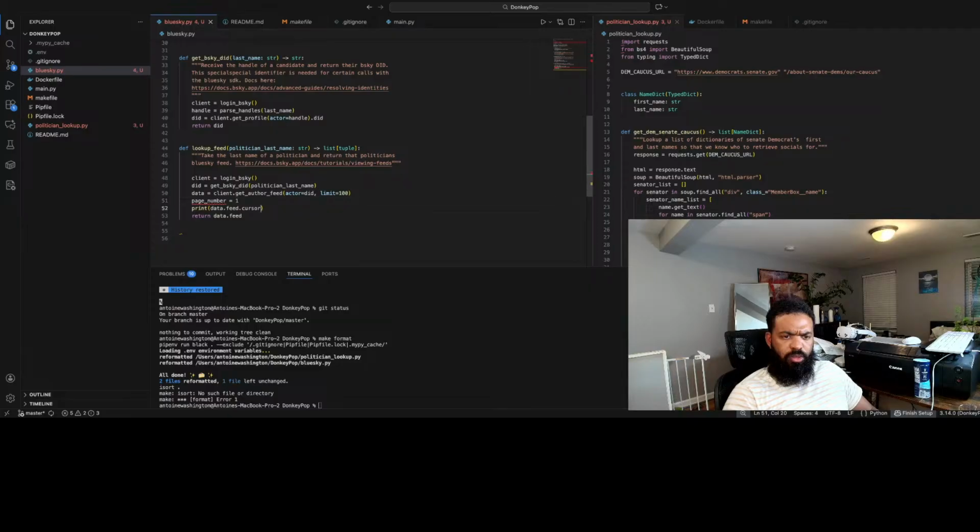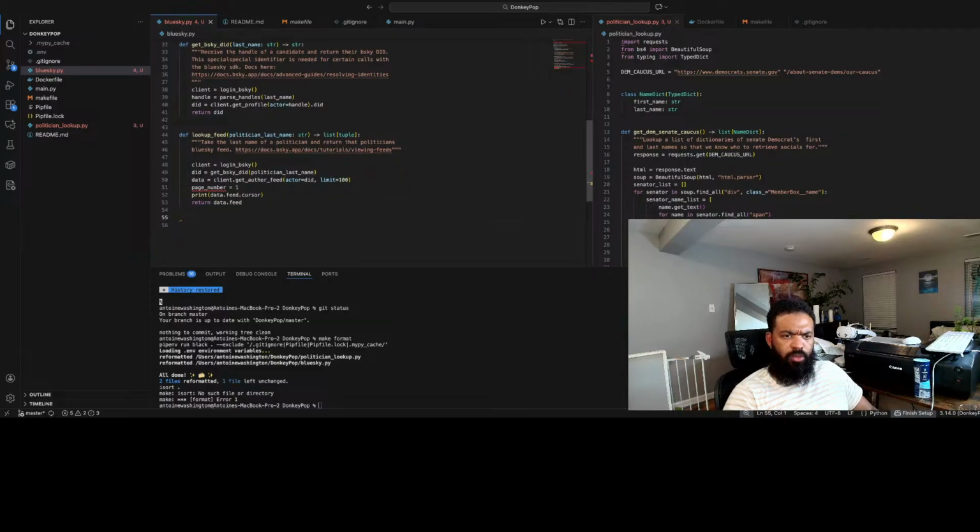Why is my syntax highlighting being funny? Did I just do something weird? Doing a print statement? What's going on here? I don't know. Okay. I think that's how you access the cursor.